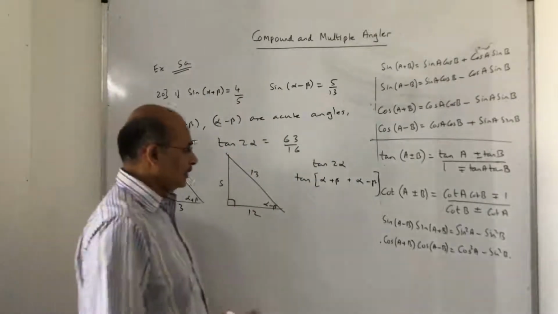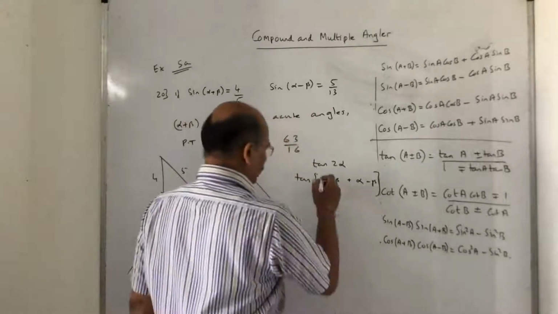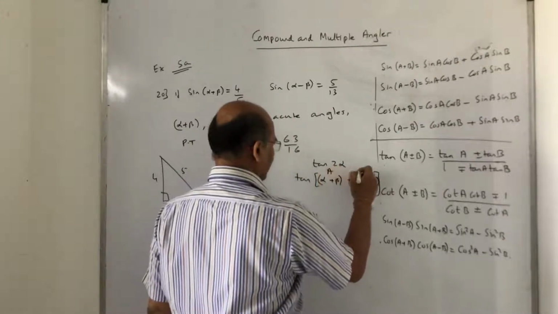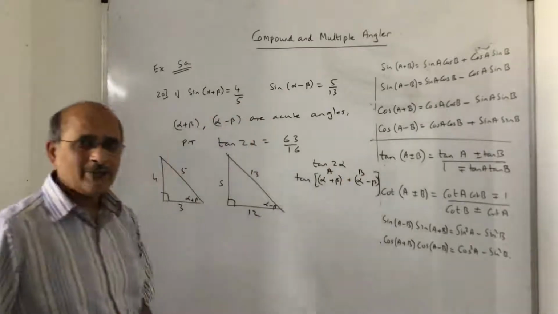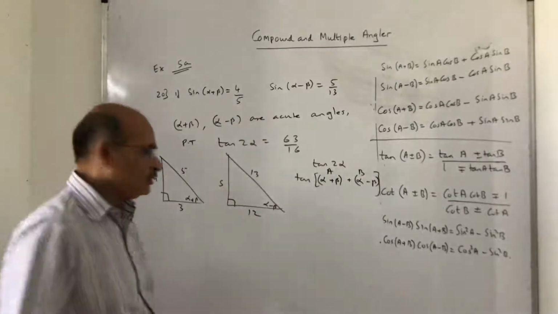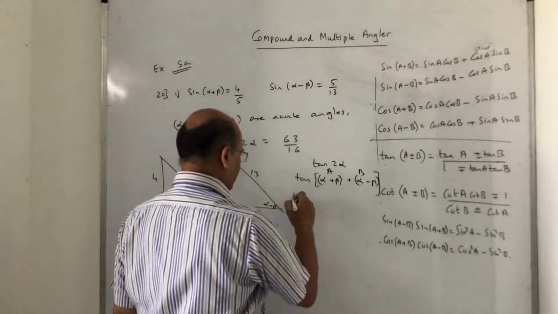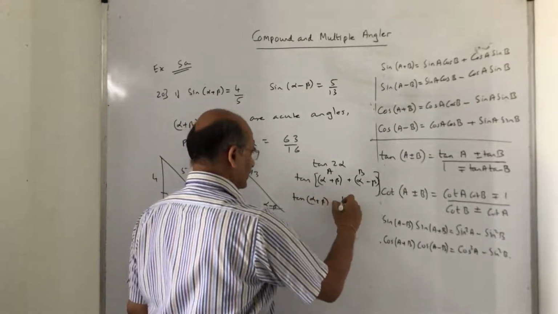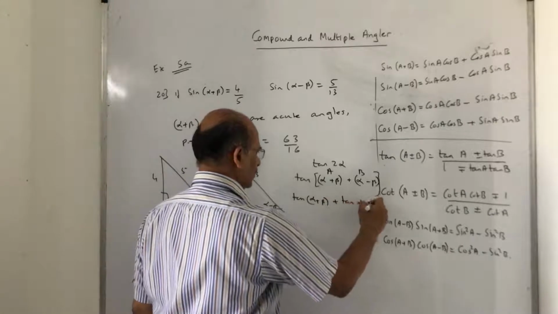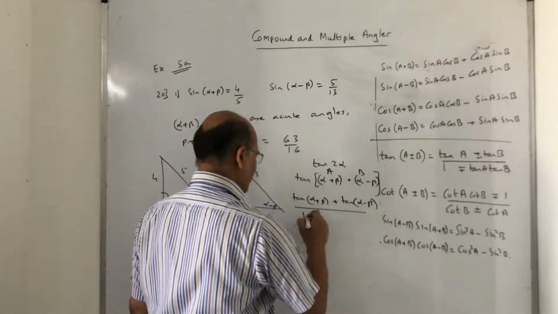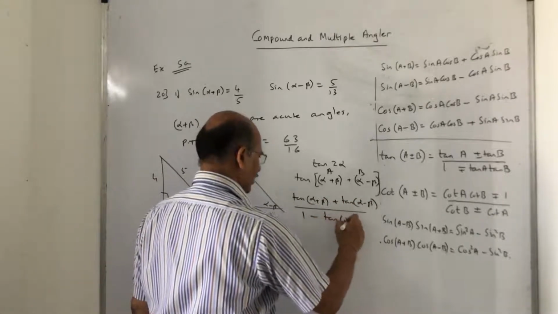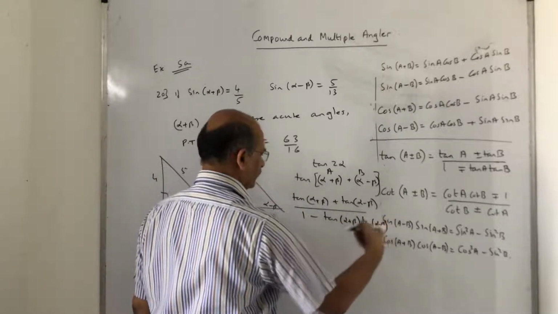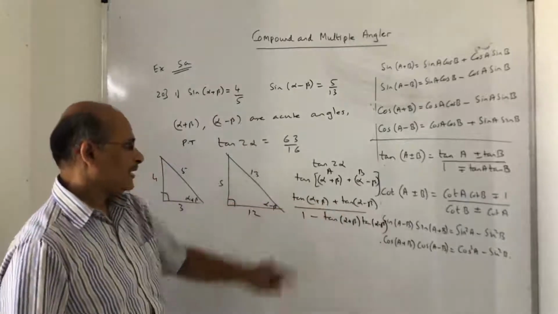Okay, so very simple now. So you can take this bracket. So this is tan A plus B. So tell me, what is tan of A plus B, children? Tan of A plus B will become tan A plus tan B upon 1 minus tan A tan B. I apply just the same formula here.